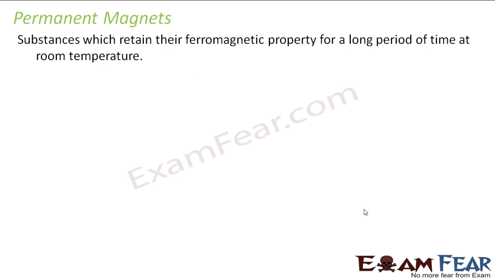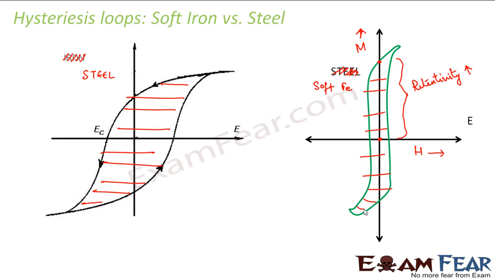So this area inside the hysteresis curve tells us the energy dissipation. How much energy will get dissipated during the cycle of magnetization is depicted by the area of the hysteresis loop. When you look at these two curves, you can see that the areas of the two curves are quite different. That is why we can say that the energy dissipation in both the cases is also very much different. So accordingly, you can put different materials for different purposes.